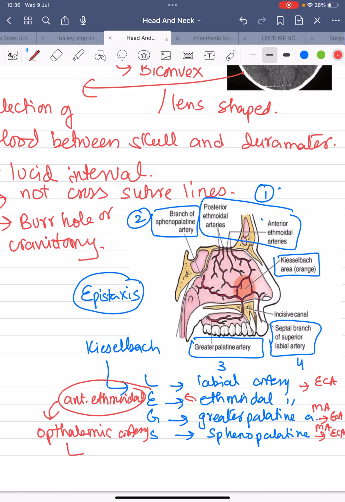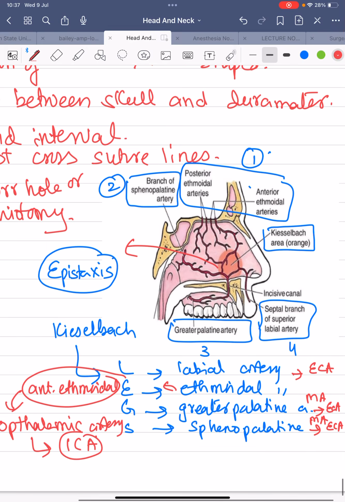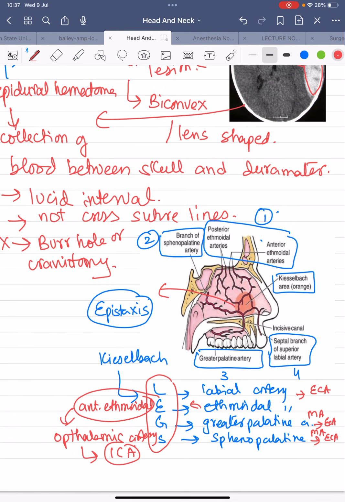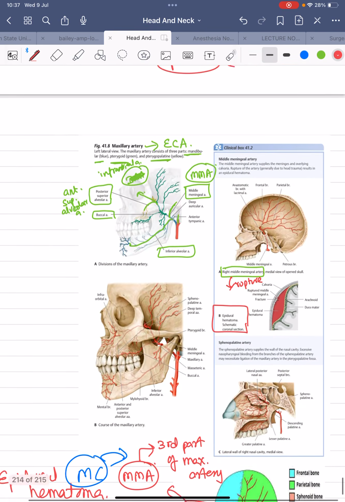So this Kiesselbach plexus or Little's area, which is a cause of bleeding or epistaxis in the patient, is formed by these four arteries. All are coming out from the maxillary artery or the external carotid artery, except one artery, that is the anterior ethmoidal artery, which is coming out from the internal carotid artery. So see here, maxillary artery, see here, greater palatine artery,